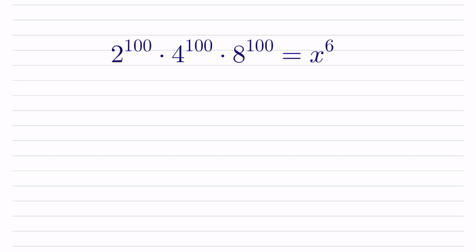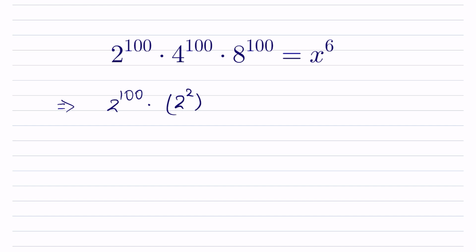2 to the power 100 times 4 to the power 100 times 8 to the power 100 is equal to x to the power 6. We have to find the value of x. Let's solve it. So 2 to the power 100 times 4, we can write it as 2 to the power